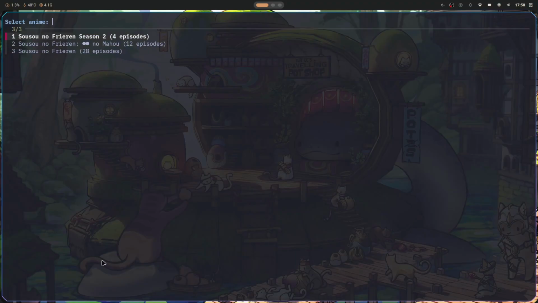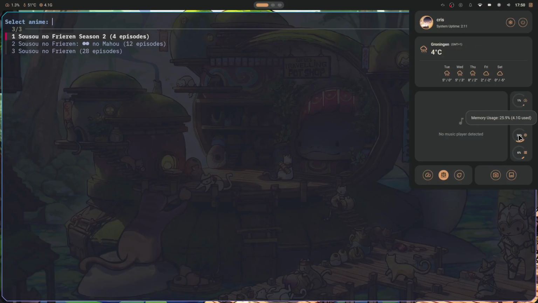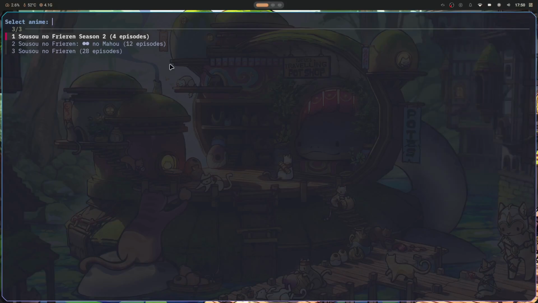But I want you guys to keep your eyes on my memory usage. At the moment, again, it's 25%, about 4.1 gigabytes of memory usage, right? But let's click on season 1, or in this case, the recent season that's coming out. And let's say I want to watch episode 4,